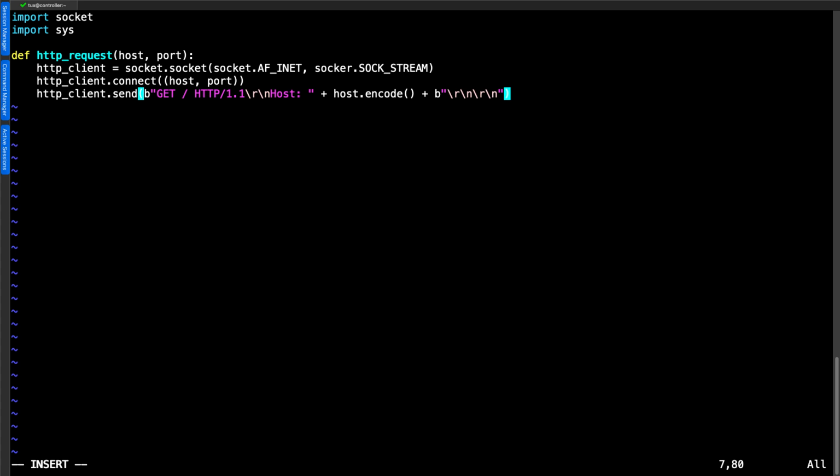To receive our response, we can set up a variable, and we can go through and specify this variable is going to be populated from our HTTP client and receive. I'm going to set a receive buffer size of 4K. I won't be getting a lot back from my servers. They're very simple web pages. And we can go through then and make sure that we, as the operator, can see the response by printing it. So print our response. But again, in the same way as when we're sending information, we can go through and decode this into UTF-8.